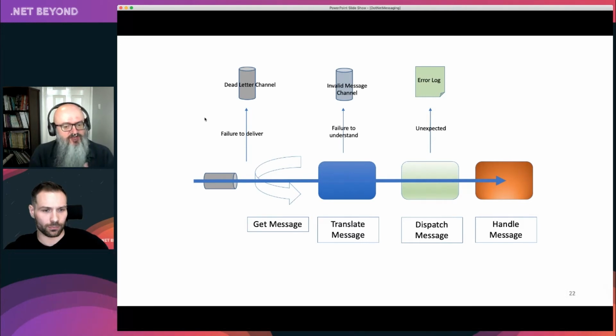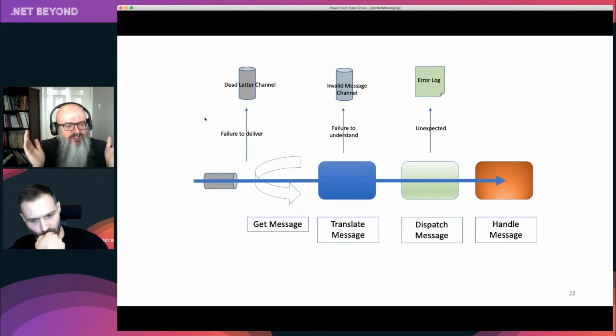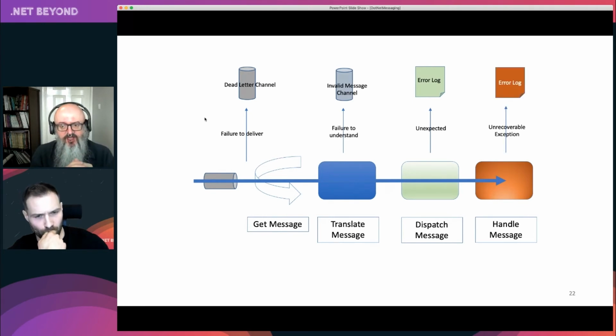So we dispatch a message. If I get a message and you don't have a registered handler for it, generally that's an error, right? Probably you've configured your app wrong, and we'd probably shut your app down and produce something to the error log that says, we don't seem to understand how to receive these messages that you're being given, so maybe we shouldn't be configured this way. And then when we're handling messages, those are application errors. But there's an interesting thing we can do. In a lot of cases, when we handle those errors, they're unrecoverable. It's not based on some time-dependent situation. I'm just going to log that. I couldn't fix that, and we'll do whatever we do normally with basic application errors.